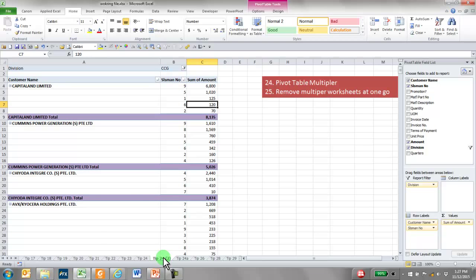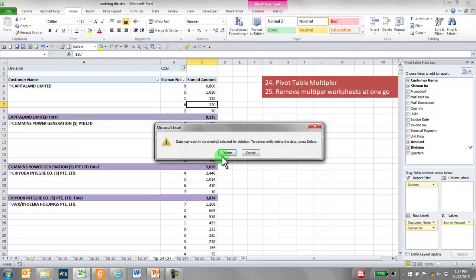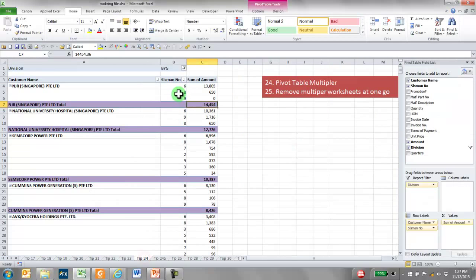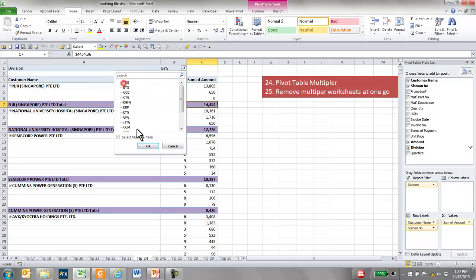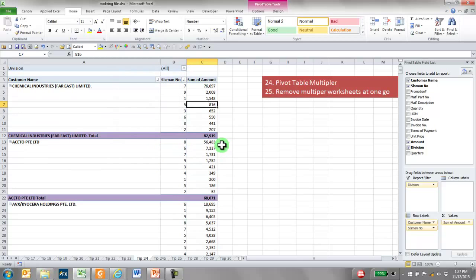Okay, but if you want to do it for all divisions, this is too slow. So what will be the fastest way to do this? Let me delete the way. Let me change this to odd division, and focus on